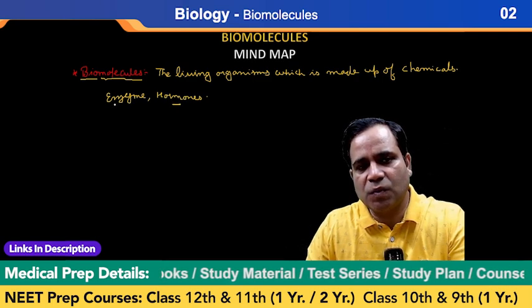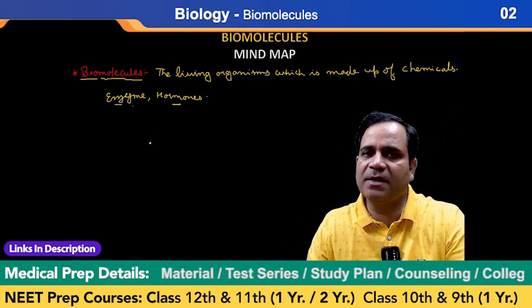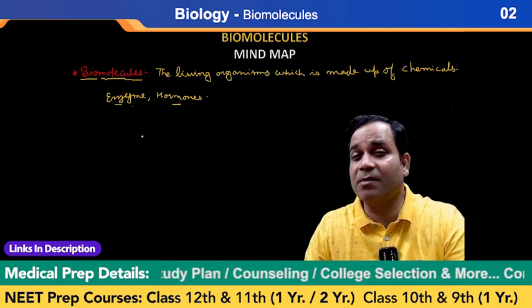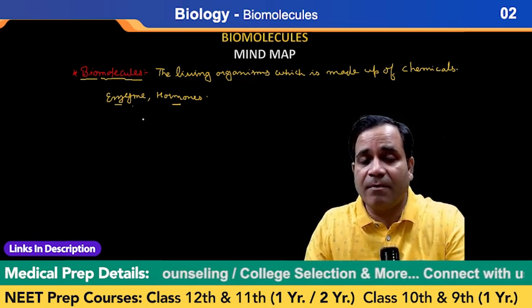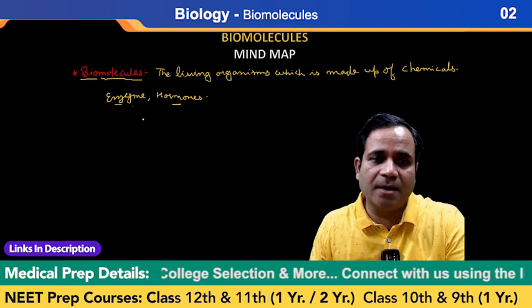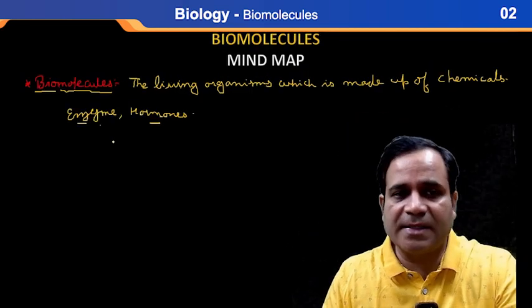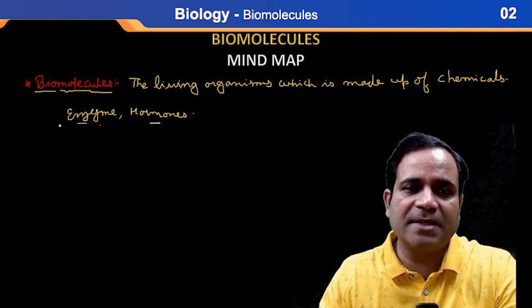Yes. Here are the two terms, my dear: enzyme and the other one, hormone. So enzyme is definitely a chemical, and hormone is also definitely a chemical. But now the question is, what is an enzyme and what is a hormone? Yes or no? So let's see. If I'm going to tell you about the term enzyme, then what I say here is: